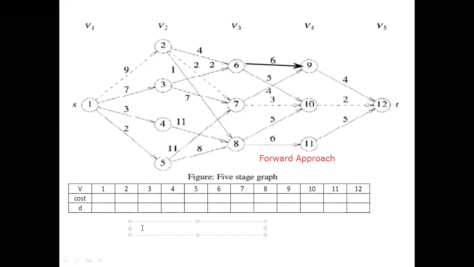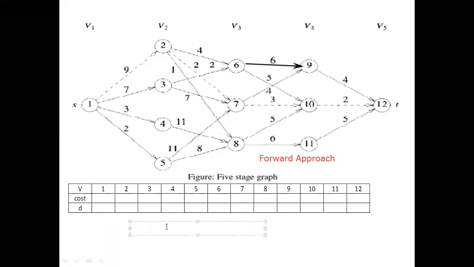And here some formulas are there. Now I am not going to explain the formula. When we solve it, at that time we will frame some formula. That particular formula is the basic formula that we will see later. First we will solve it, so that you will understand clearly. Now we are writing for 12. I already told that from 12 to 1 we have to solve. That's why I am writing for 12. I have to find the shortest path, which we will call the cost.